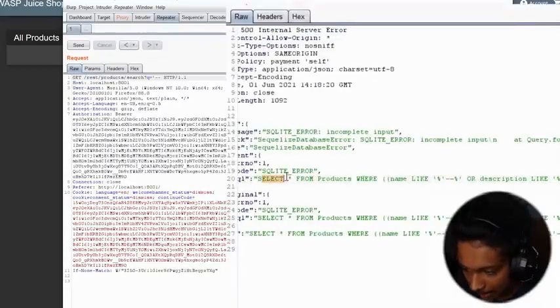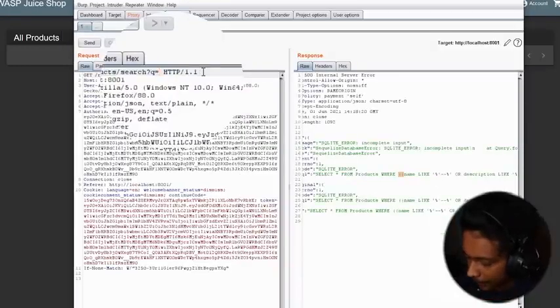So you could see it says select star from products where name, and then they're using the LIKE clause followed by, so this is our input. If you could notice, this is the input that we are giving. So it's basically enclosing this with two opening parentheses and then followed by a single quote, and inside the single quote there is our input. So now we know that we need to escape one opening single quote, and also we need to escape two opening parentheses, right? So this time we will give it a single quote followed by two closing parentheses and then